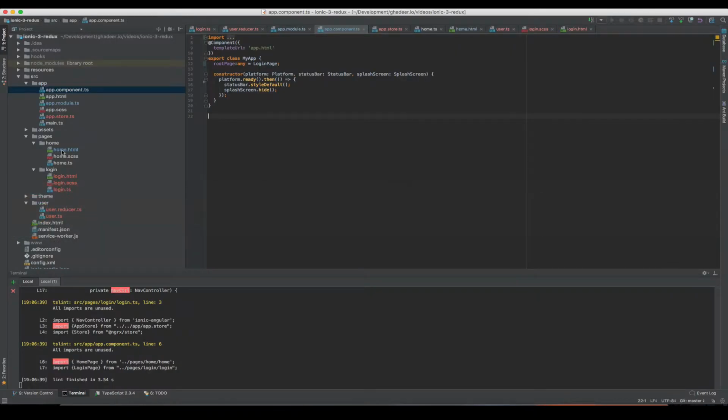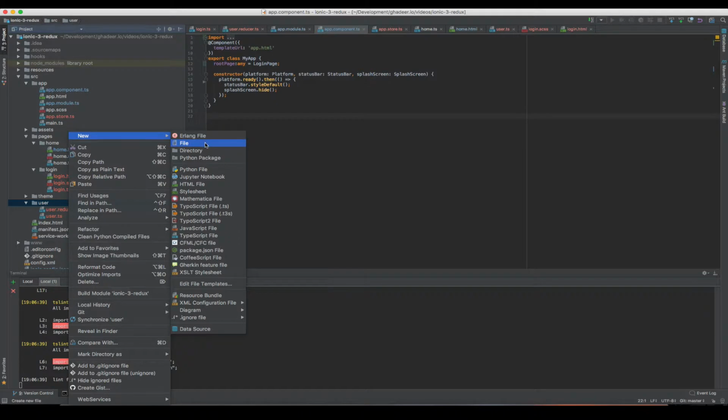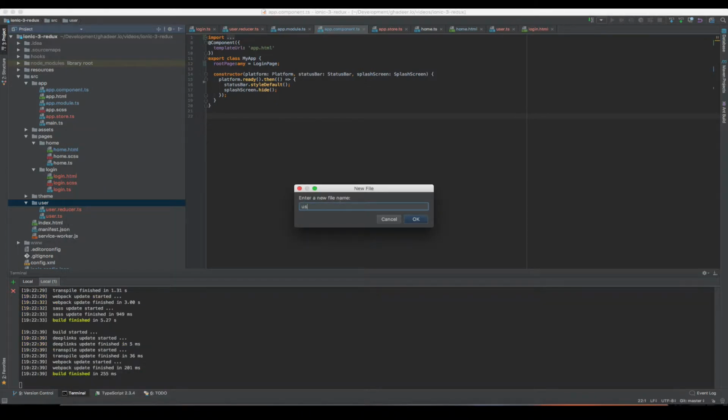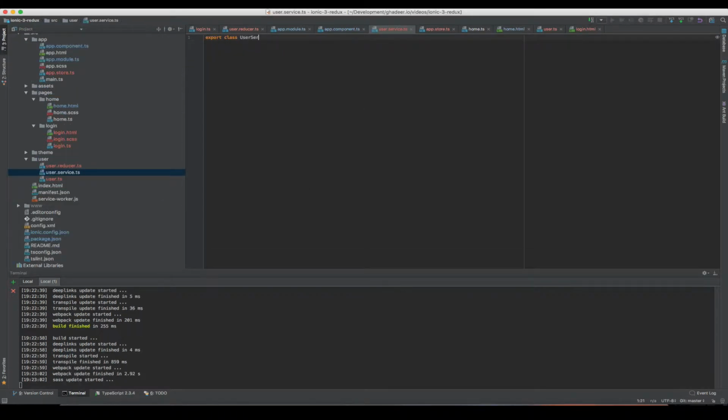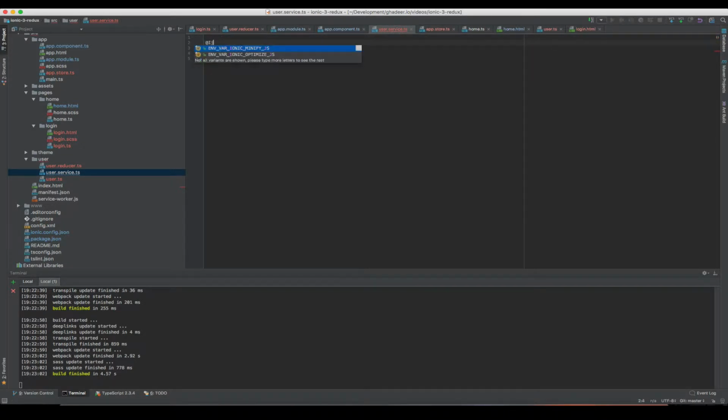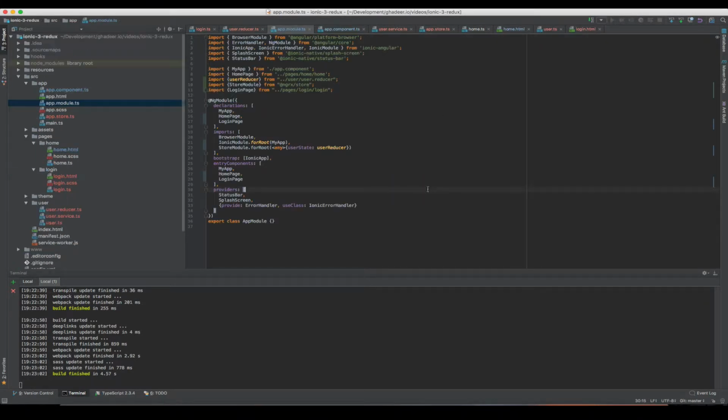So we're going to go back into our IDE, and we are going to go into this directory right here, and we're going to say, okay, we are going to declare our user.service.ts file, and we'll go here, and it'll be of type user service. We'll decorate it with the injectable decorator. And then what we'll do is we're going to go to our app.module. Over here, we'll add that service to our list of providers,